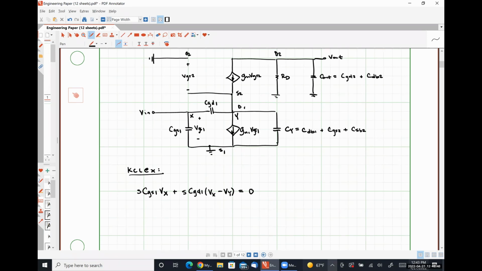And so all I'm going to do here is just kind of split things up a little bit. So it's going to look like S (CGS1 plus CGD1) Vx is equal to S CGD1 Vy, and